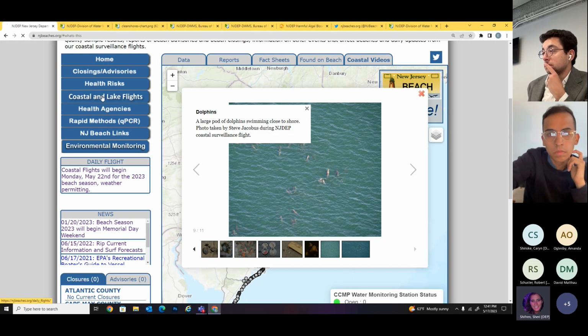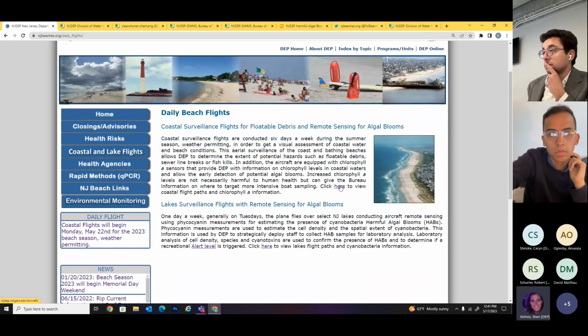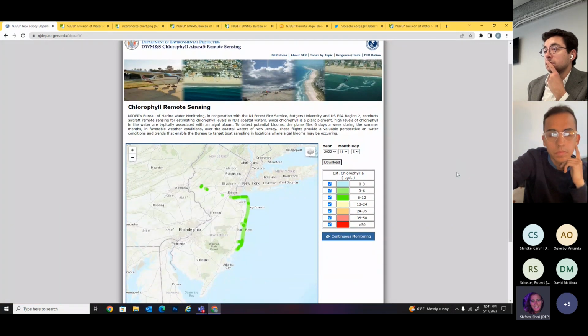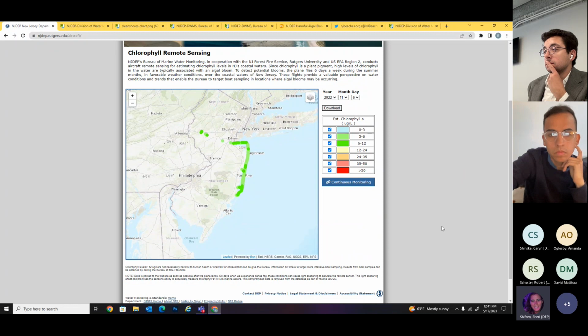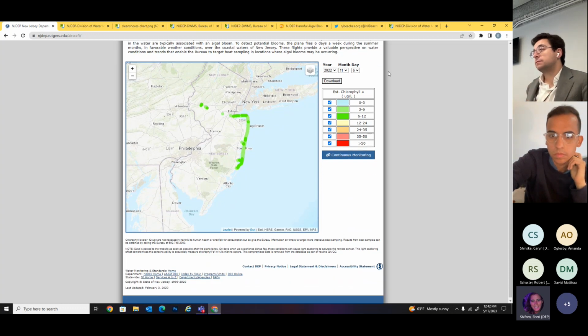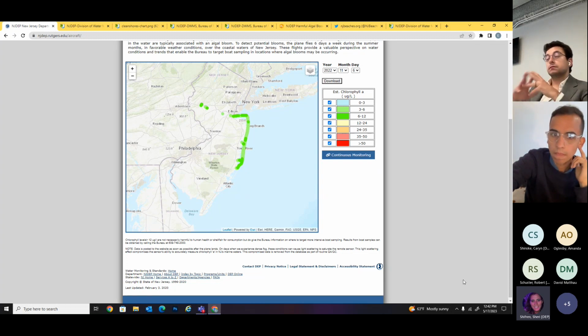What you're seeing on this is the hyperspectral remote sensor data. This is a little sensor on the bottom of the plane, and through different algorithms that our marine water monitoring folks worked on, they're able to estimate, based on the pigmentation and everything, how much chlorophyll A may be in the waters. If this gets very high, that's when we're able to send out our boat captains to actually get a water sample. So it's a sensor, it's not a video or picture or anything like that.